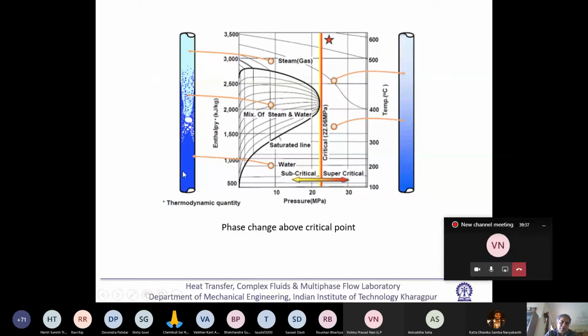So if we follow the subcritical region for phase change, we will have it like this: liquid is there, then boiling is taking place, vapor bubbles are there, then liquid droplets and superheated vapor, and then ultimately superheated vapor here, no liquid. And here there is no vapor, it is subcooled liquid. But in this case, the change is something like this. Density change is taking place gradually. Enthalpy change is taking place gradually. So that's why I have shown this diagram. Okay.